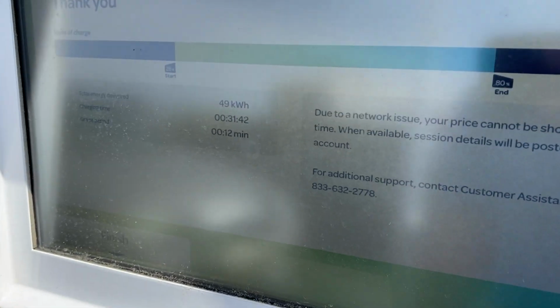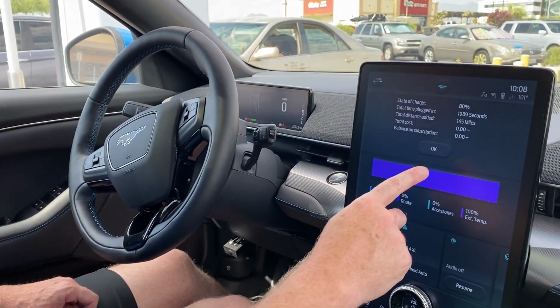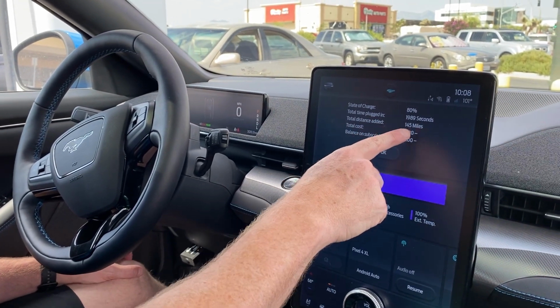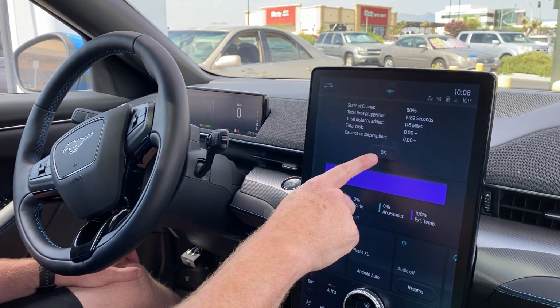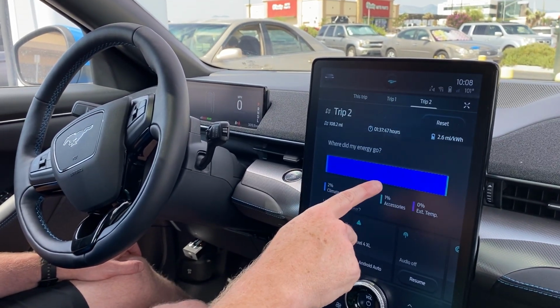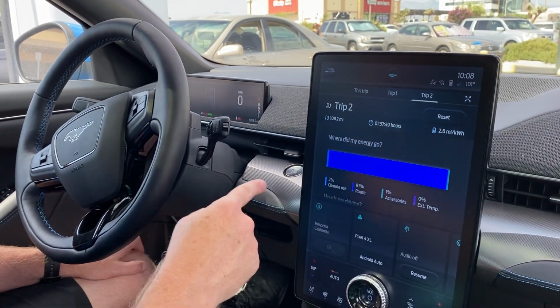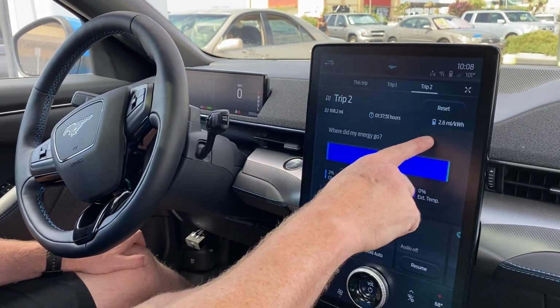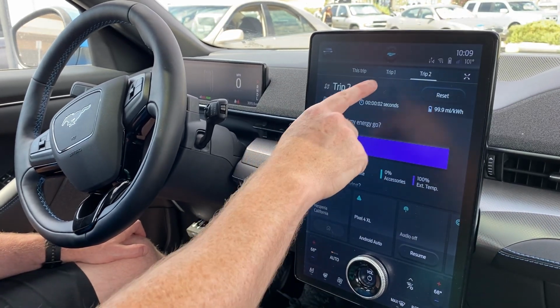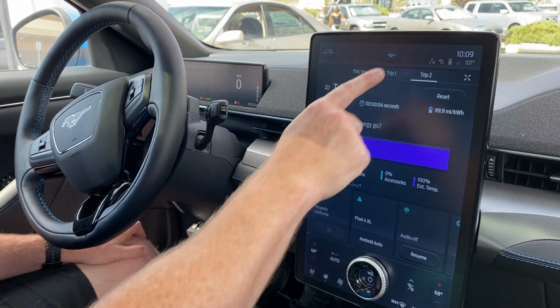Let's go plan our next segment. Before I forget, look, this is something new. It's telling me state of charge, how long I charged, and I added 145 miles. It did not update the cost because it didn't have communication. So anyways, we're gonna go ahead and reset this one. All right, that one got reset. Now we're going to